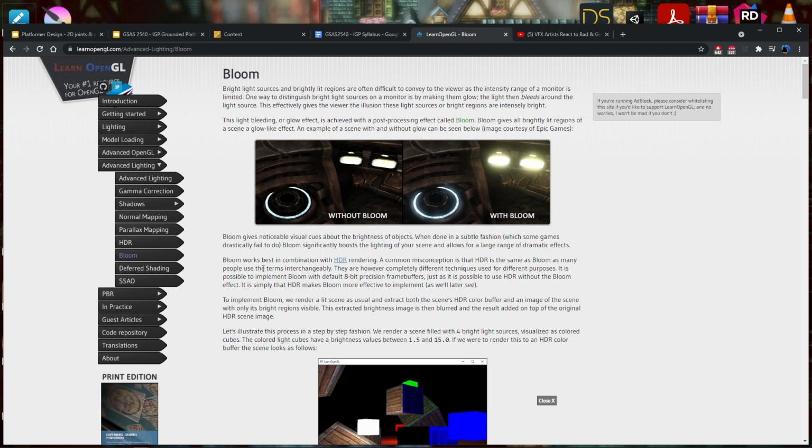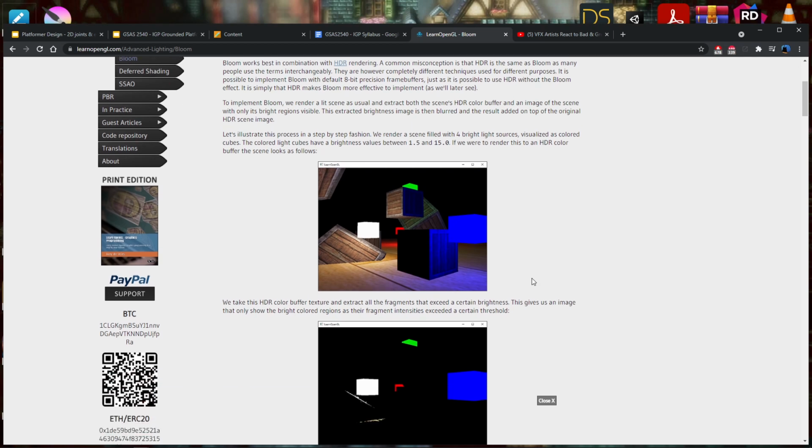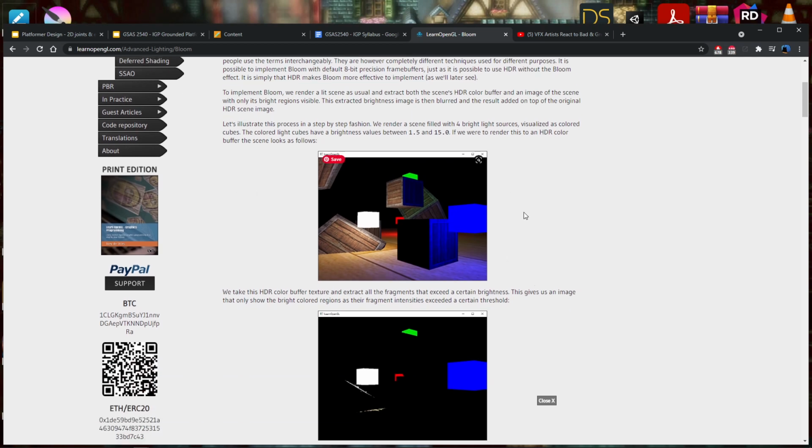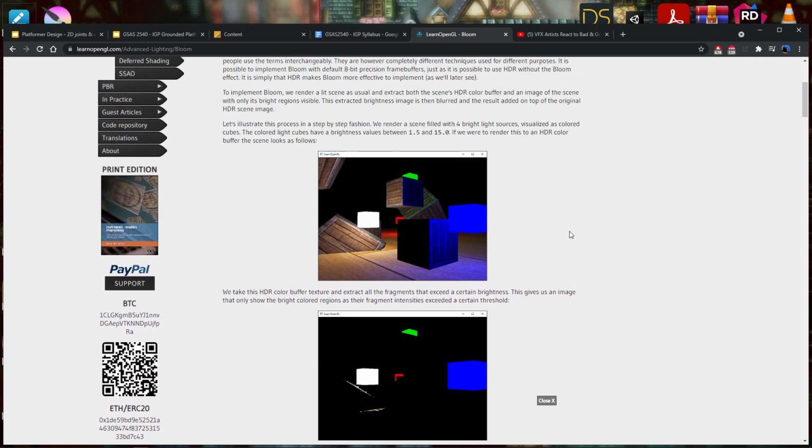It's typically used in combination with HDR rendering, right? And because of that, we can basically figure out when we exceed the threshold that we were interested in. And this is one of those techniques, like I said, it can use multiple passes, or there's another technique,